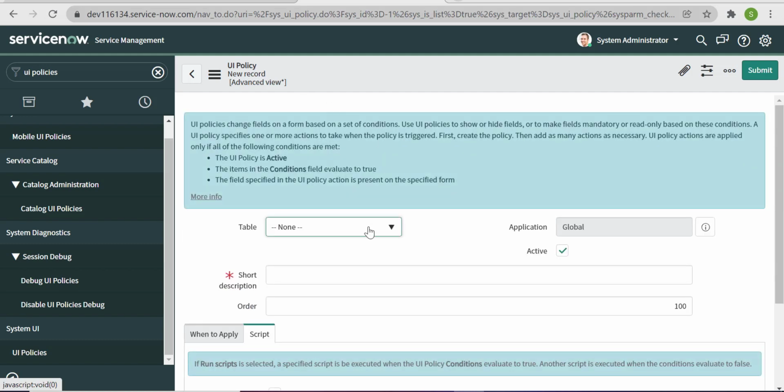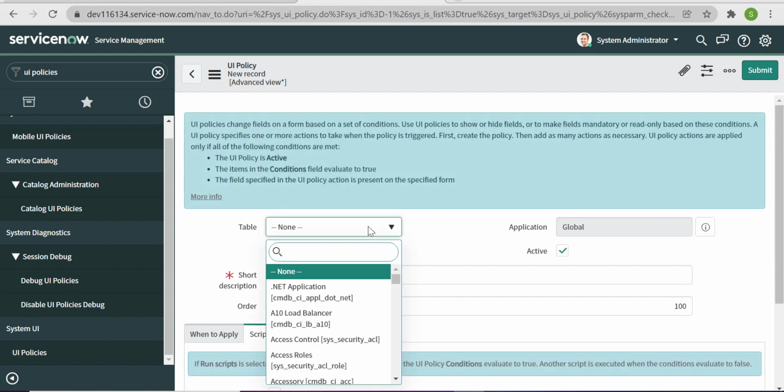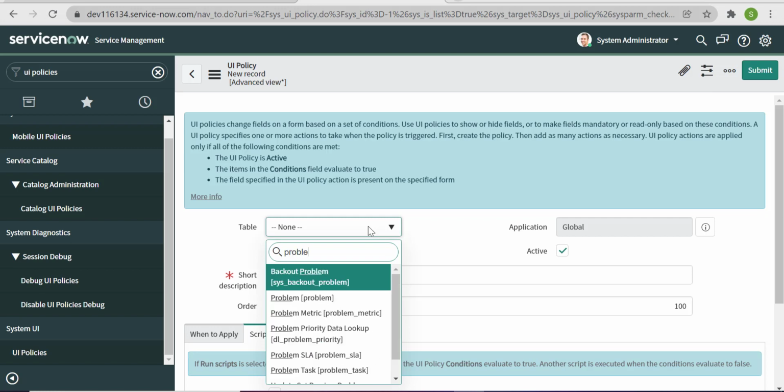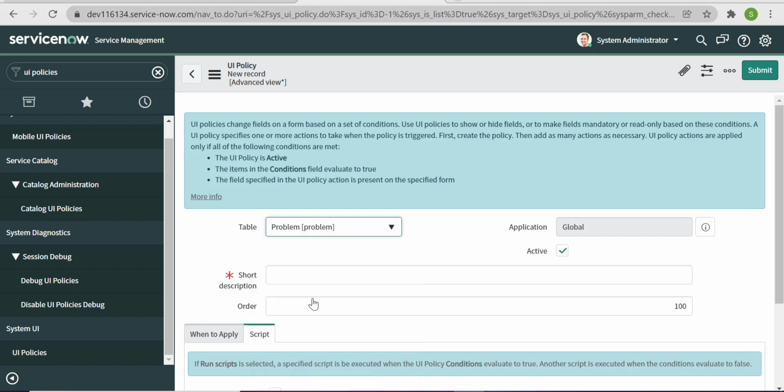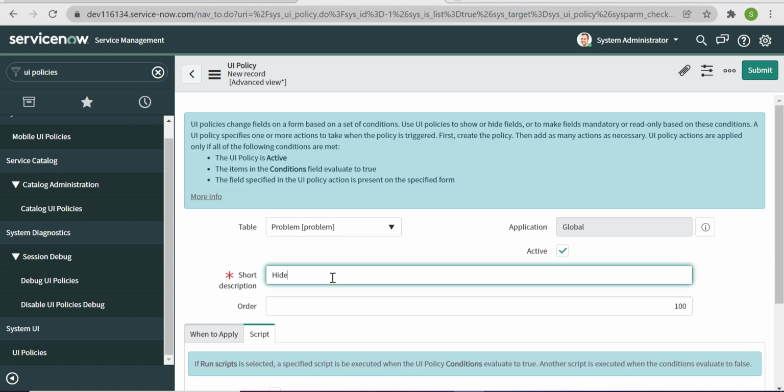And here from select table, that is problem, put the short description: hide incident related list when state is new.